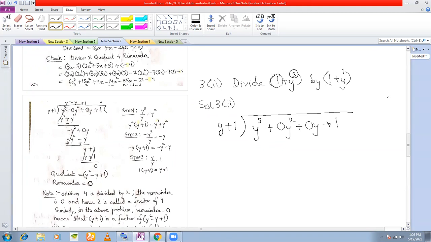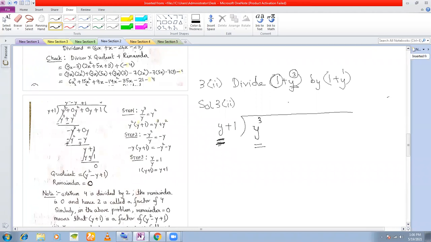Is that absolutely clear? Can you explain it again, sir? See, this is y cube plus 1, right? You write the highest power first. When you are dividing, you always start with the highest power of the variable. As a divisor, I started from here, this is my y. In the case of the dividend also, I write the highest power first. What is the highest power? Y cube. What should be the next highest power? Y square, isn't it?